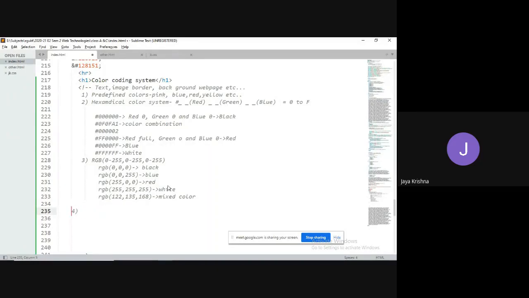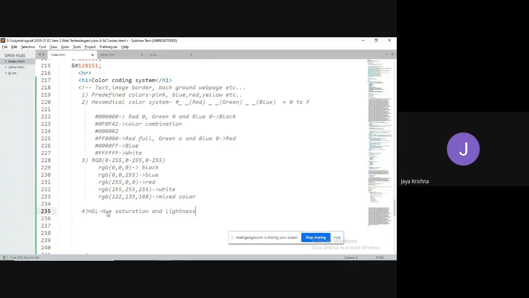Okay, so another way is I can go for using the HSL format. HSL is also a kind of method, where HSL means hue, saturation, and lightness.